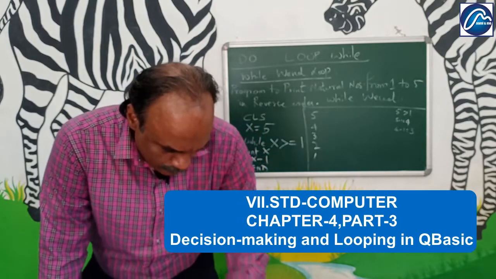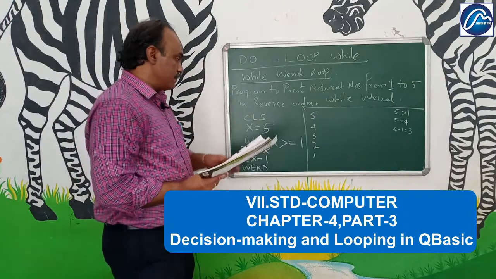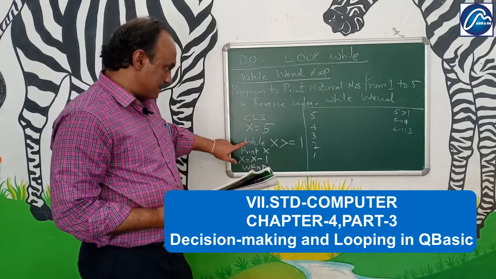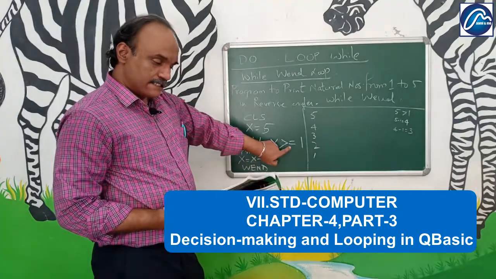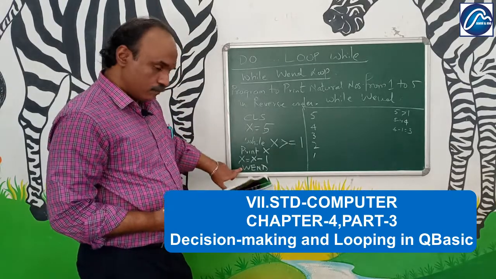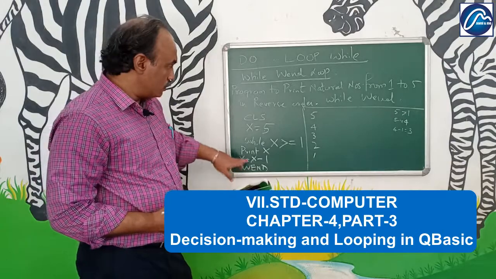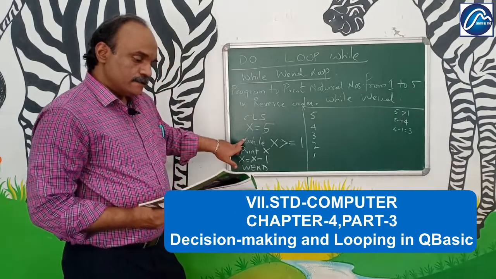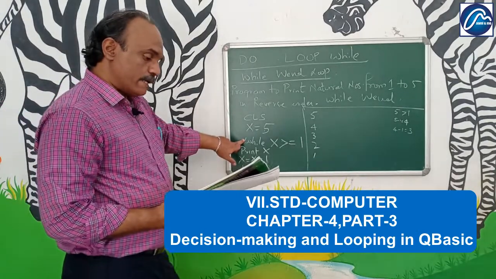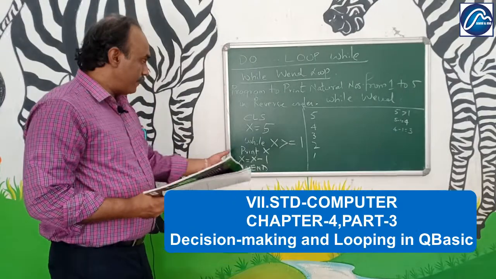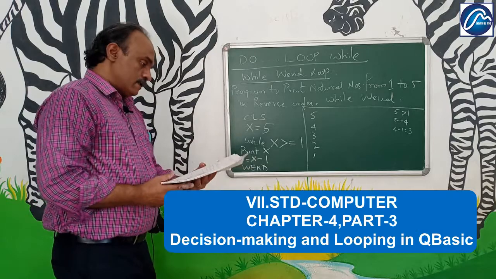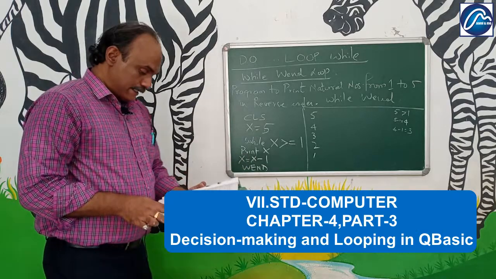So the structure of the while wend loop, here it is. It begins with a while statement. This statement is used to define the condition that is to be checked. While x greater than or equal to 1 is the condition to be checked. It ends with a wend statement. The wend statement is used to signal the end of the loop. Secondly, it returns the control to the while to check if the condition continues to be true or not. The statements that are to be executed repeatedly are written between the while and the wend. These are the statements which need to be repeated again and again. So this is about the while wend loop. Now comes the nesting of loops.